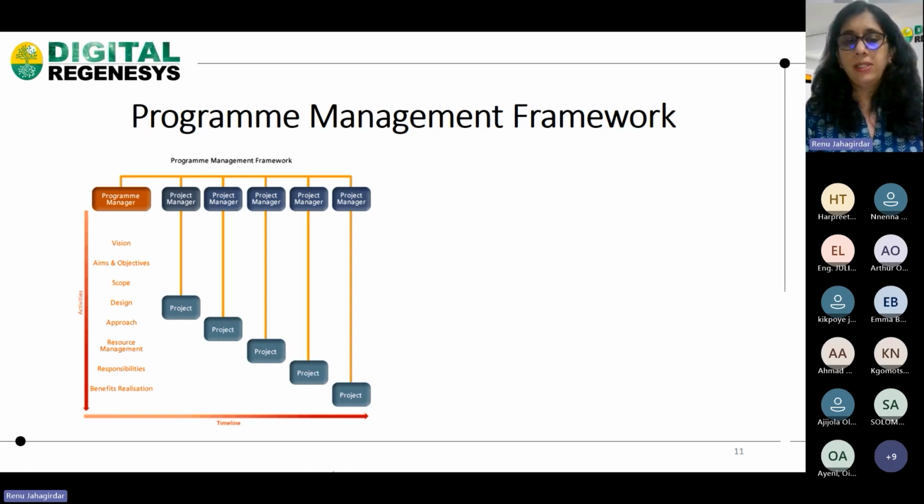Now, for example, I'm just trying to explain the meaning of the word framework to you. If I click my photo, my photo will always have a boundary. Right now, both you and me are in front of our laptops or mobile, however you may have joined. Now I have logged in from my laptop.